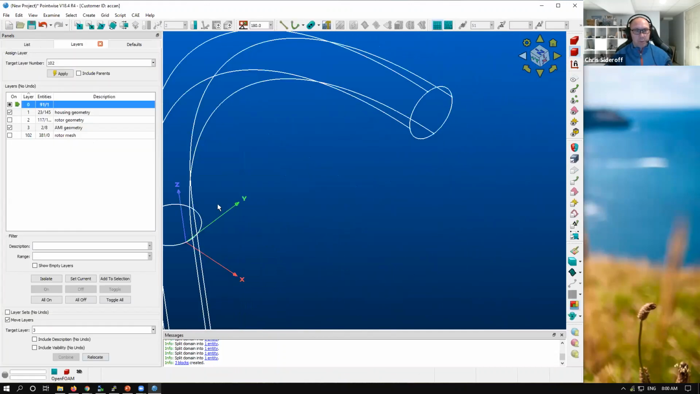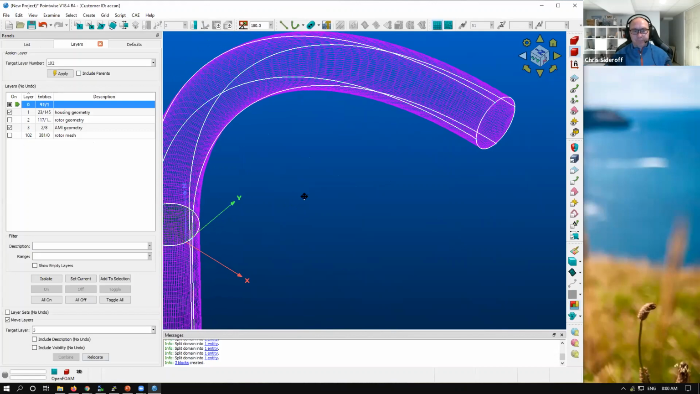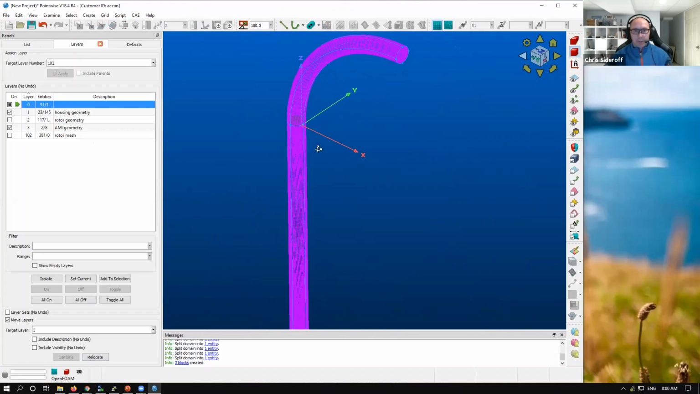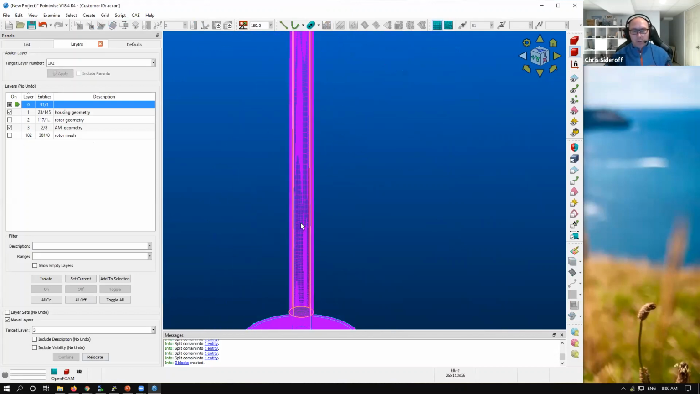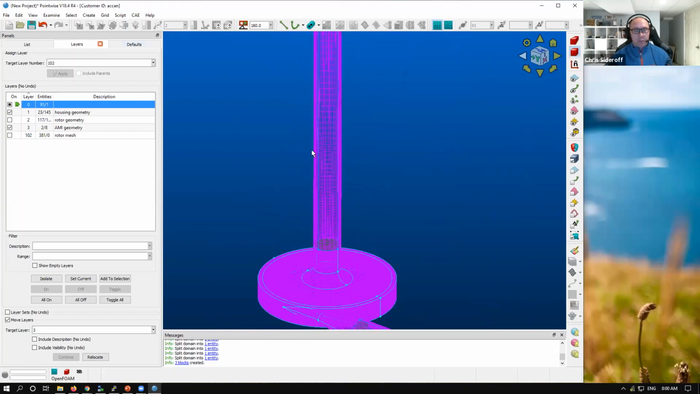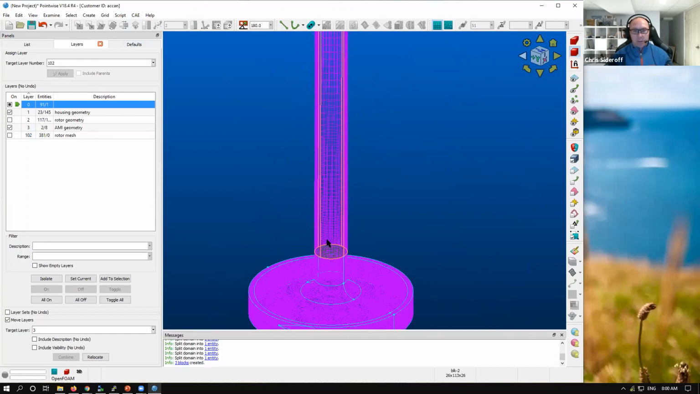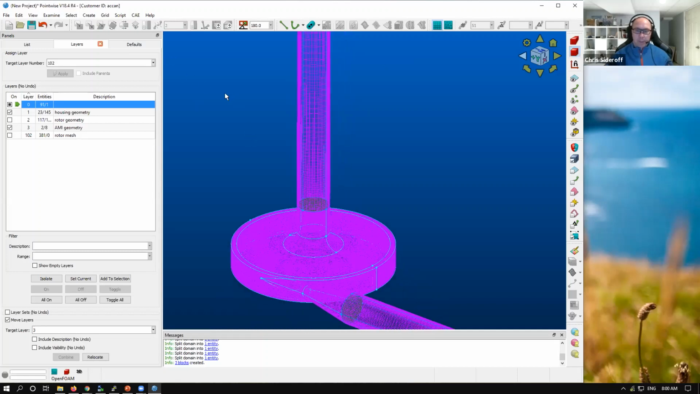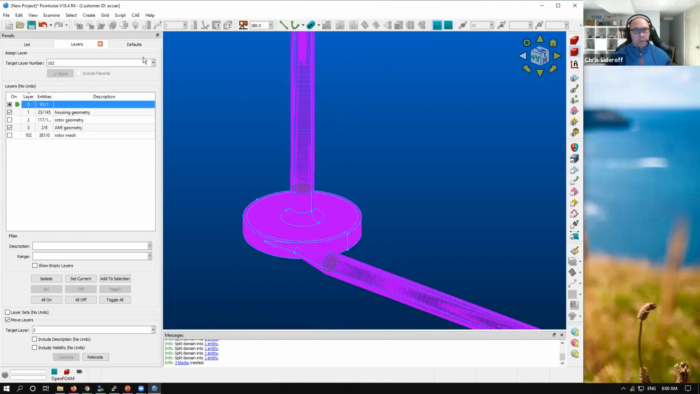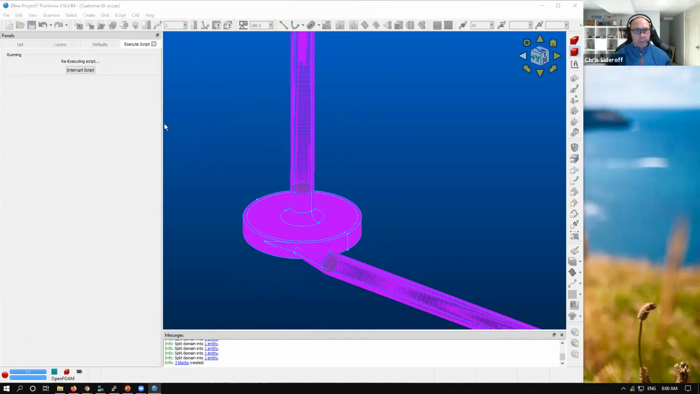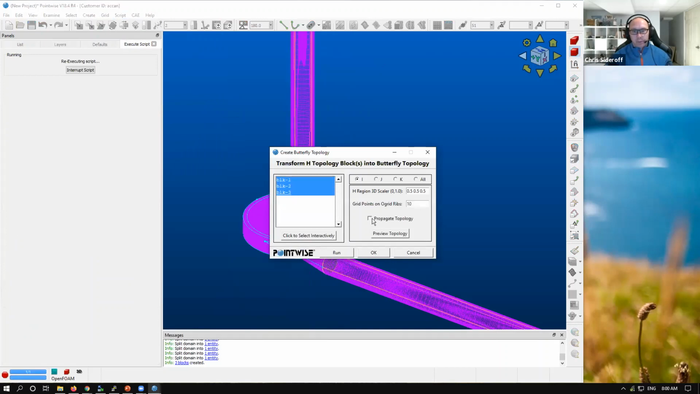My point is that there is no real easy way within Pointwise to convert this from an H to an OH topology. However, there exists a script. I mentioned Pointwise's scripting language, Glyph. There is a utility script that you can find on the GitHub repository called Butterfly Maker, which will convert. I'm going to run this Butterfly Maker script, and it will convert all these blocks